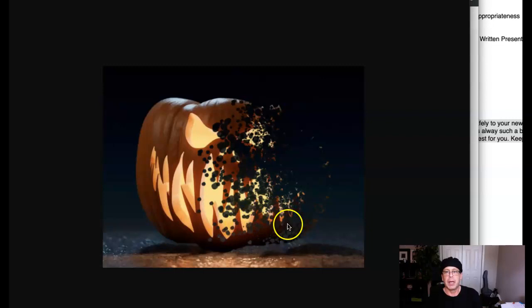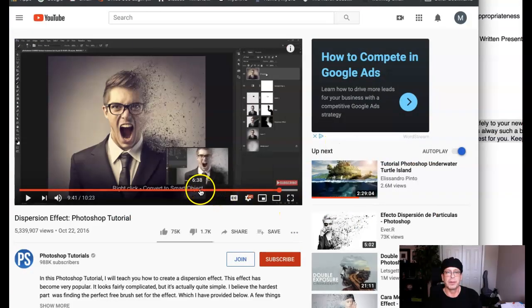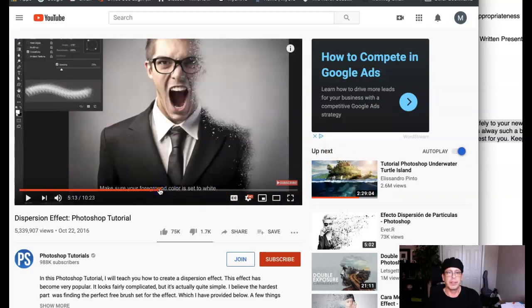I think my recommendation would be to follow the tutorial a little bit more closely, maybe reduce the size of your brush and find a really interesting scatter brush. I think the one he uses, let me see, we're right about here. Yeah, right here. Oh, wow, I hit that exactly. That's exactly what I was looking for right there. The brush itself has a lot to do with the effect and the success of the